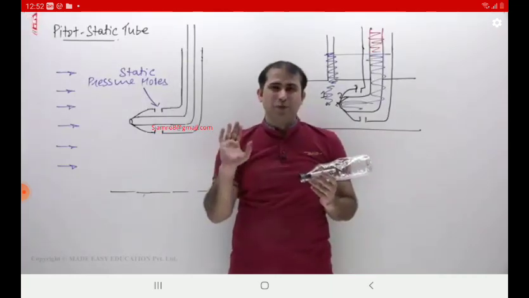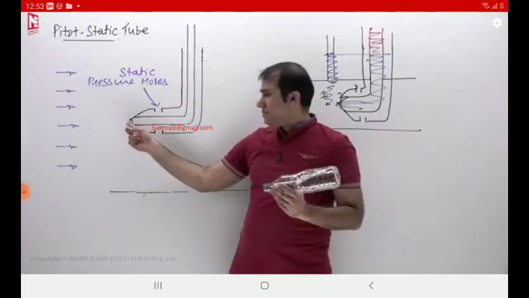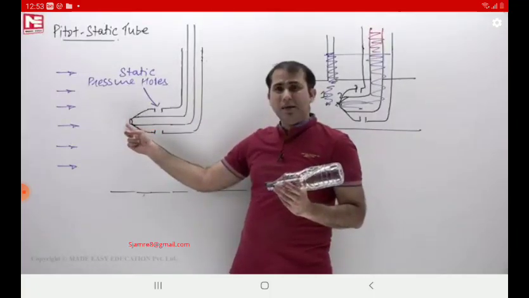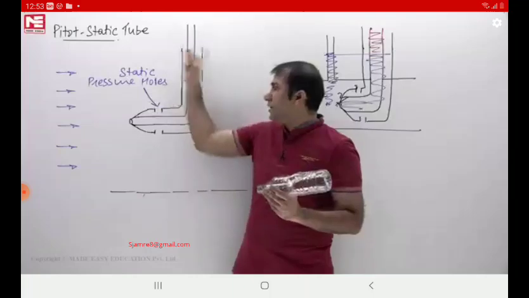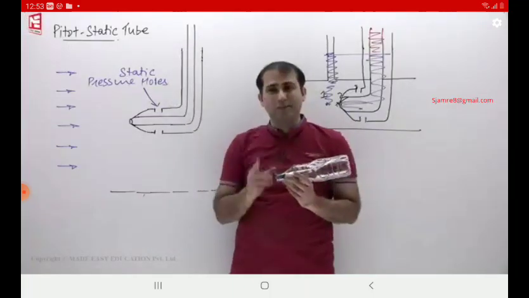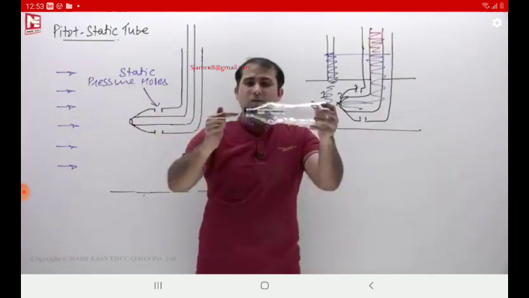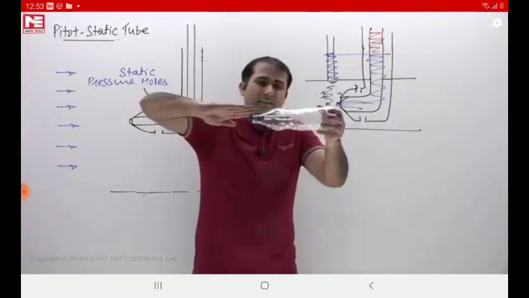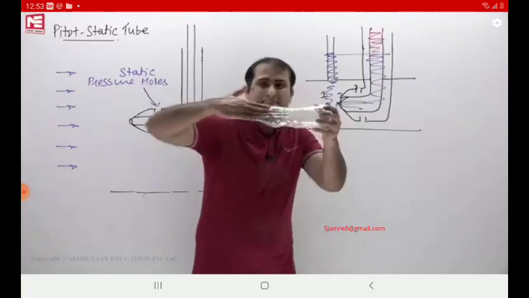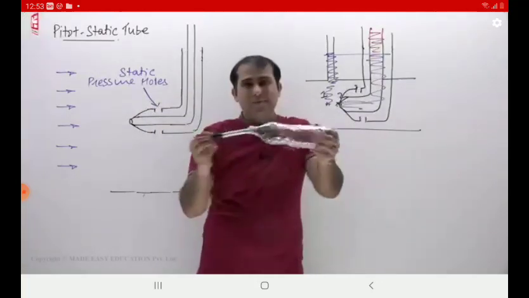Stagnation, it's clear to you already that when the flow is coming to this point, the kinetic energy will be converted into a pressure head. But how is the static pressure going to be measured? See. So what is going on here? This is going to read the stagnation. Here it is moving like this. So the flow is moving like this. So dear, understand this a bit.